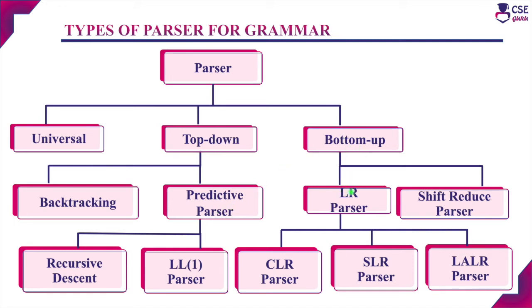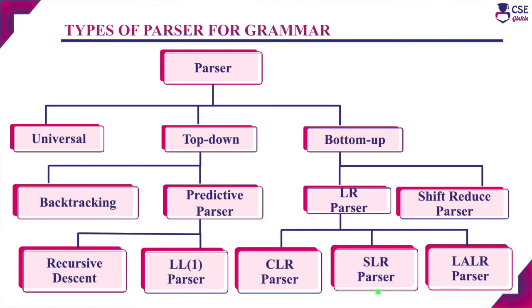The two main types of bottom-up parser are LR parser and shift reduce parser. This LR parsing technique starts with the input string and proceeds towards the root node to derive the start symbol of the grammar. And this parsing technique is used by a wide class of context-free grammars. Here, the L represents the left to right scanning of the input, and the R represents constructing the rightmost derivation in reverse. The commonly used LR parser is LR(K). K represents how many look-aheads, that is the input symbols, need to be considered in order to make the parsing decisions. And the typical value of K is 1.